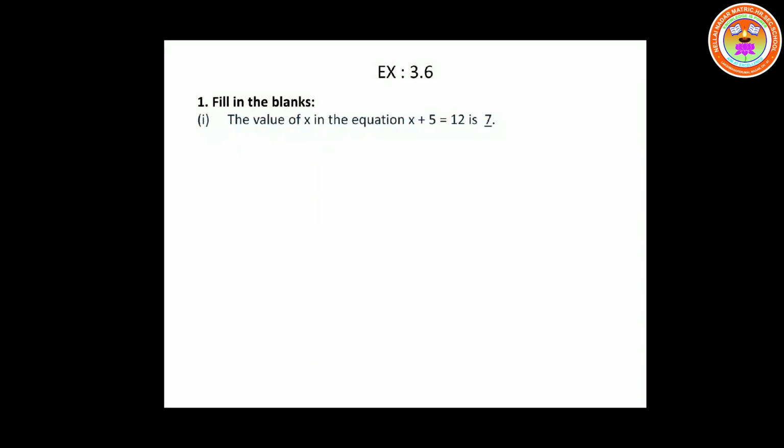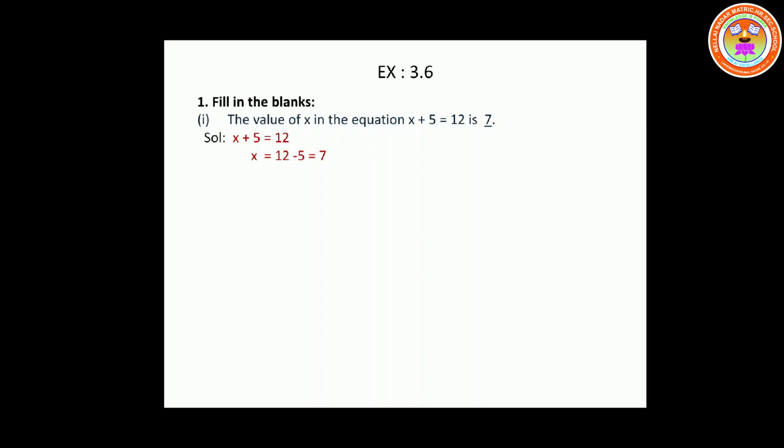First we are going to learn the fill in the blanks. Now first question, the value of x in the equation x plus 5 is equal to 12 is 7. I have already written the answer, but the explanation part I have done separately. So now let's look at the explanation. X plus 5 is equal to 12. I have taken that as it is. Now to find the value of x, what should I do? I am going to use any one of the methods, the do undo method or the transposing method. I feel the transposing method is a little bit easier than the do undo method. Both are easy, but I feel this is easier than that.